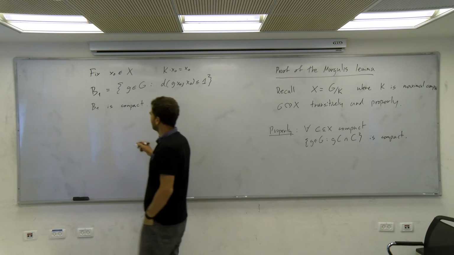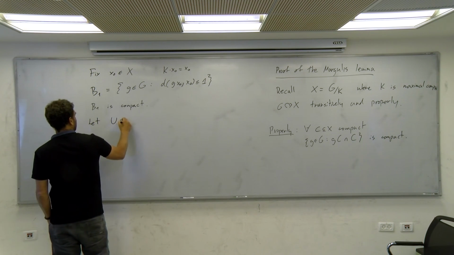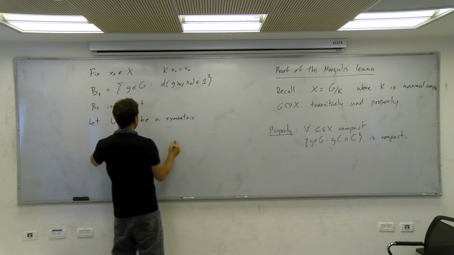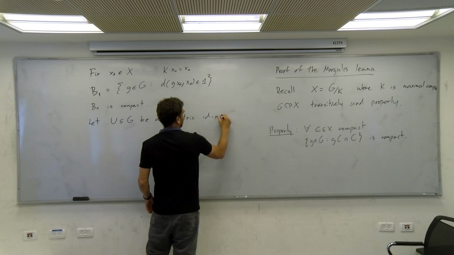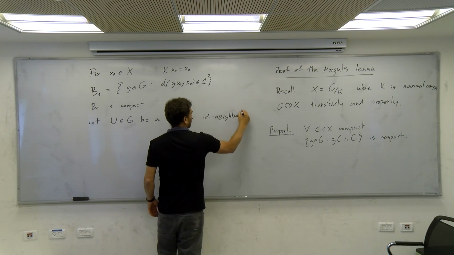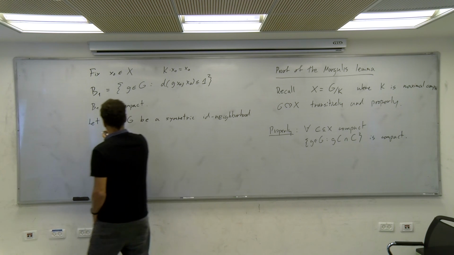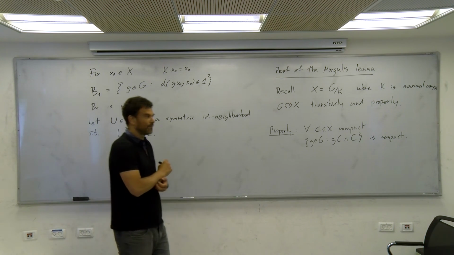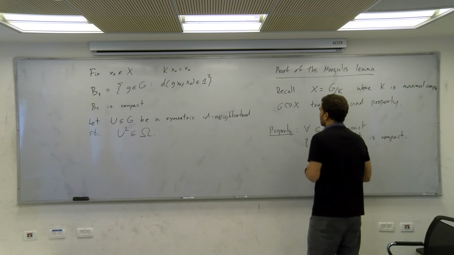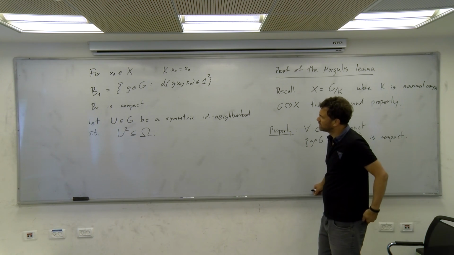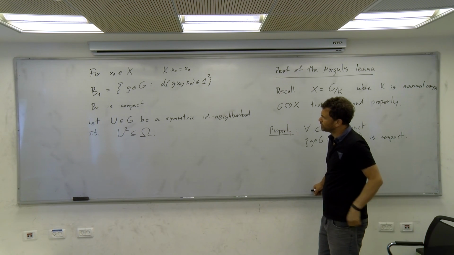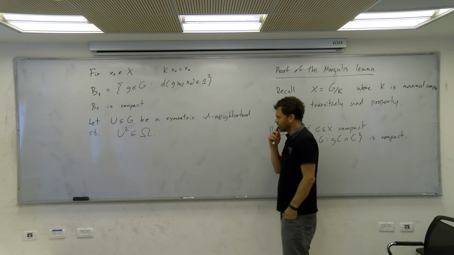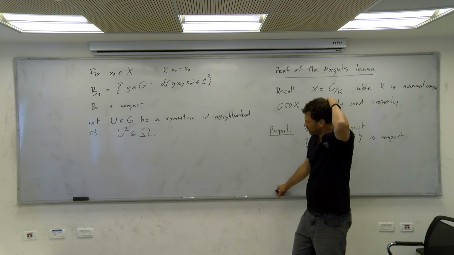I'm going to proceed. So let U inside G be a symmetric neighborhood. Symmetric means that it's equal to its inverse. Such that U square is inside omega, which is inside the Zassenhaus neighborhood. Now if gamma is discrete,